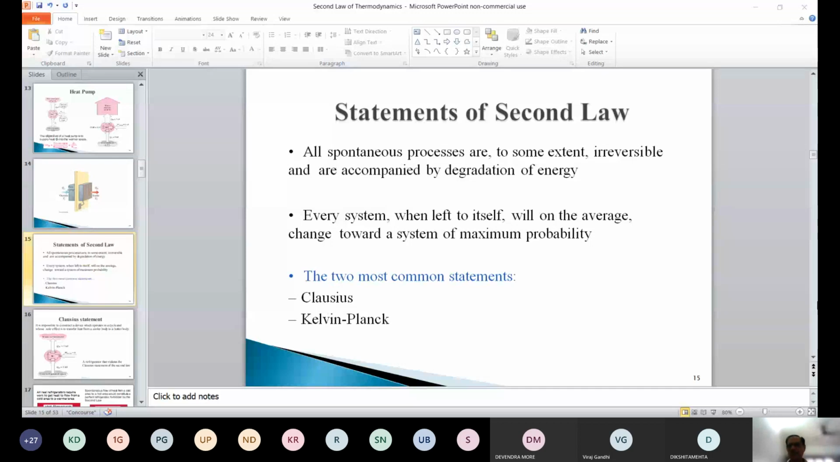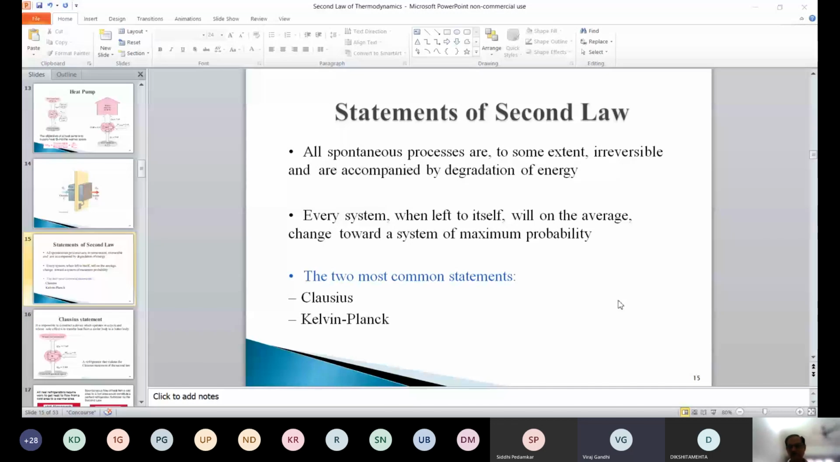Siddhi, what is Clausius statement? Sir, I don't remember it. You don't remember it. Okay, who remembers Clausius statement and Kelvin-Planck statement? Sir, I'm actually confused between the two, but I know for sure that one of those says that we cannot